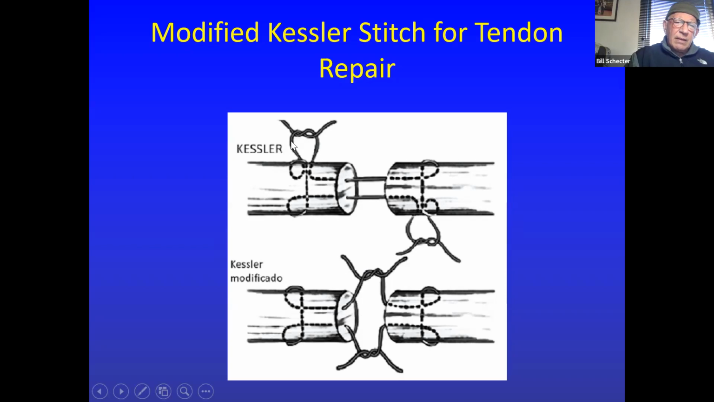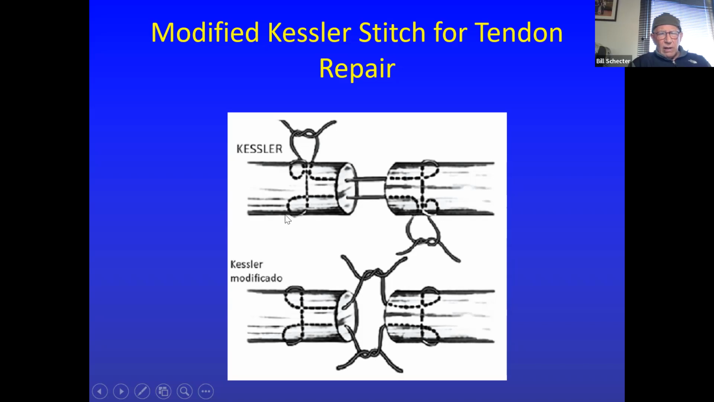Now, this is the modification. This is the original stitch that Kessler described, where the knot was outside, and you actually don't have to do this exact repair. You can achieve the same thing with one stitch by doing the following. You start inside here, out,